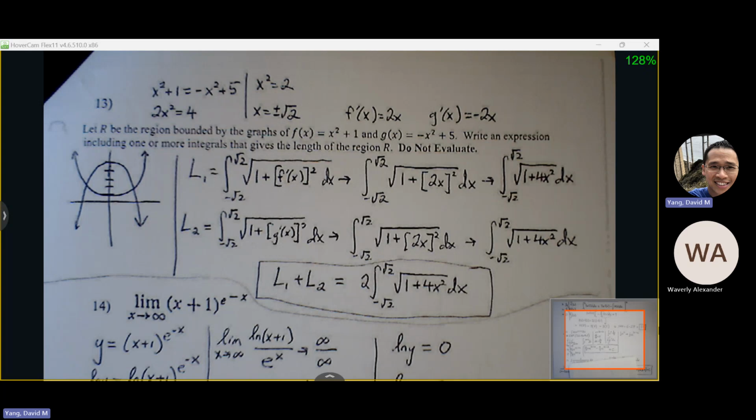So would you have to set it equal, and find the bounds of where they meet? Right, because we want to know where one length begins and where it ends. It begins and ends at the intersecting points of the two graphs. So that's why my bounds are -√2 and +√2. Then we can find the arc length of this because we know we start at -√2 and end at √2, and this one involves our -x squared plus 5,